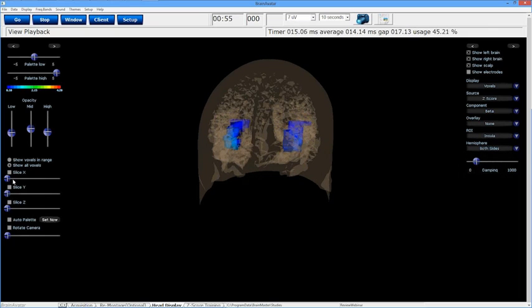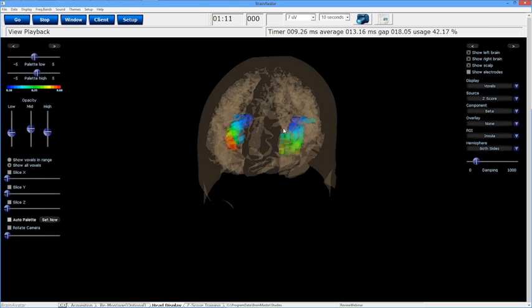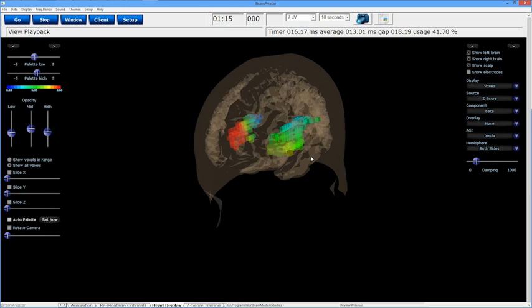There's the insula, and what I'm going to do is hit auto palette. I'm going to let those numbers come down so I can see my highs and lows. And if you're wondering what I'm doing right here, I recommend going to StressTherapySolutions.com. As I said earlier, they have a really great feature, basically 2 hours of going over and covering exactly what's going on in the live Loreta projector